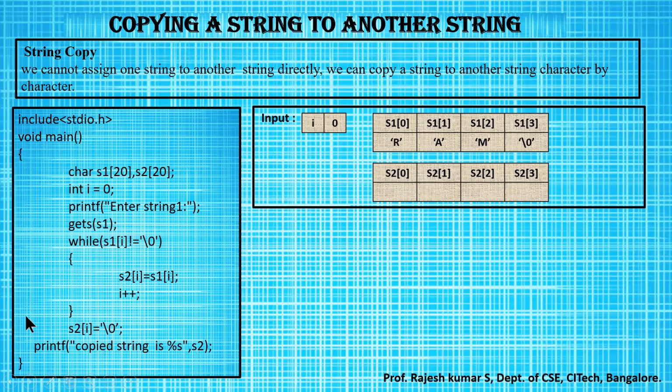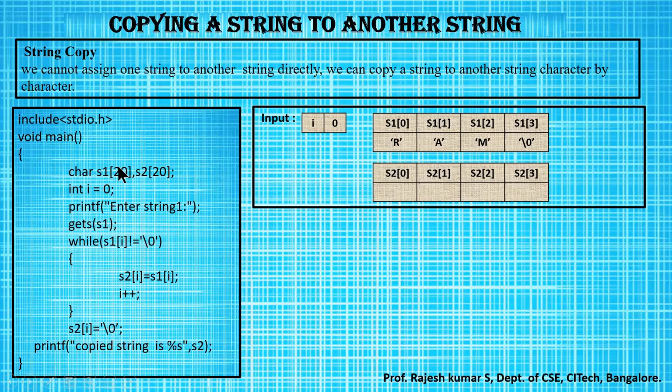We start the program by writing void main, open braces, close braces. All the statements written inside this belong to the function main. Main is a function. So the very first line, we have to indicate what are the variables required in our program. Here, the variables required in our program, when you see the input, are S1 array and S2 array. Both should be a character array.